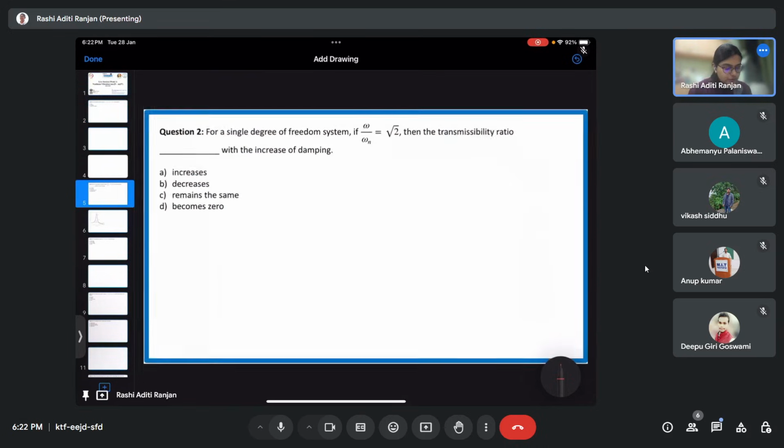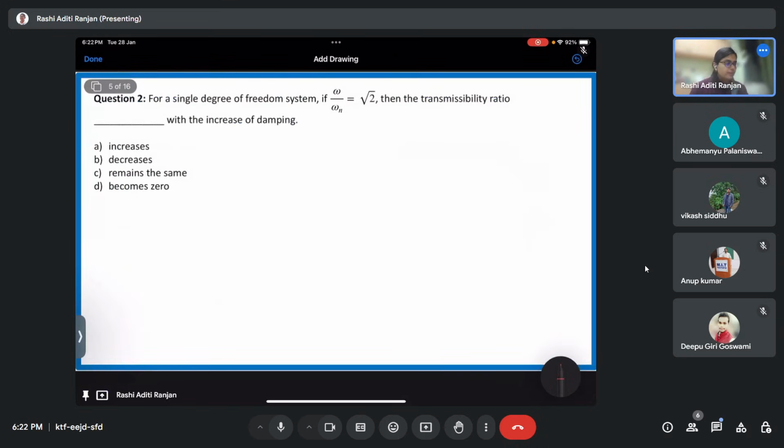Let us jump to question number 2. So question number 2 is essentially a case of a linear system, but you had questions for this. So I thought that I'll just give a brief about what is transmissibility ratio. Okay, so now if I consider that there is a spring mass,